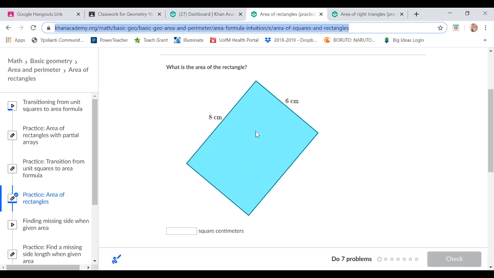So again, this is an assignment for you guys, just going through it to review it, because I think most of us are pretty familiar with finding the area of a rectangle. So they ask us for the area of this rectangle. Well, based on what we just did, I'm going to copy this again and put this in my notes. Based on what we did in the previous example,